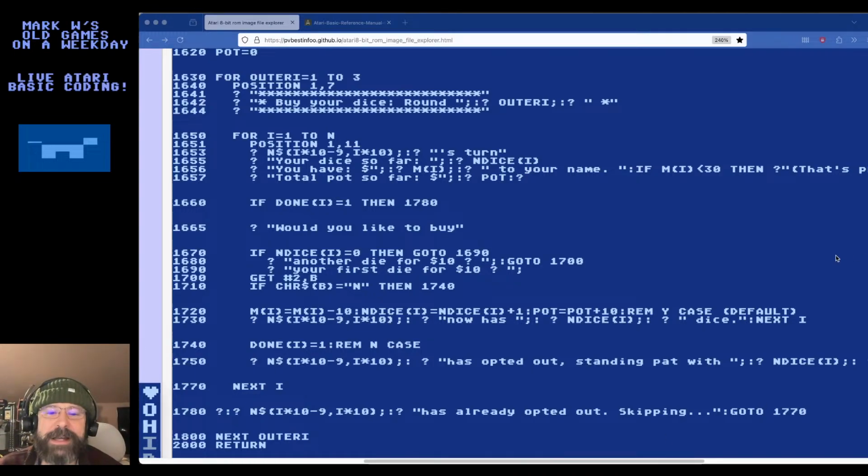Right, so how do I solve this? Let's get rid of this next I. What I want to do is say, let's use some English. After you purchase your die, we want to go to the next iteration. All right, I think what I have to do is rely on this next I. But that means I need something like an if. Wait, we don't have else here, do we? Okay. I was going to say an if else, but we don't even have else.